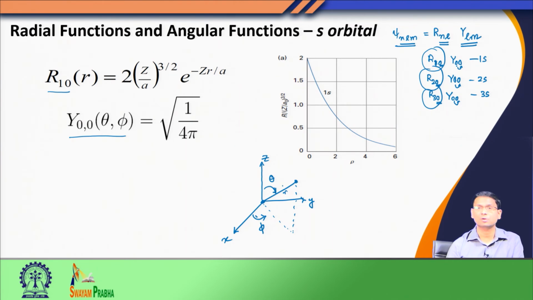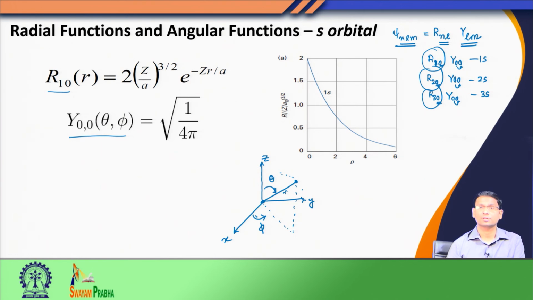I can choose a particular value of r and then go around the theta space, that is from 0 to pi, and go around the phi space, that is 0 to 2 pi, for this 1s orbital or 2s orbital, and so on and so forth. When I do that, since the angular part of the solution is constant throughout theta and phi space, what I am going to get is a constant